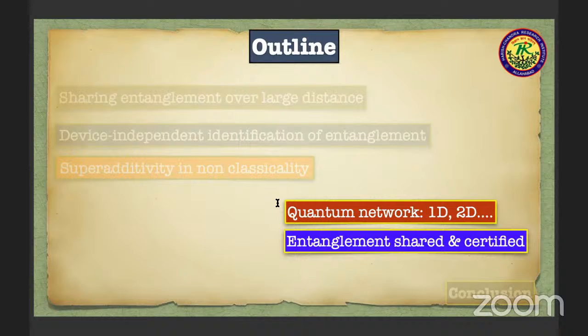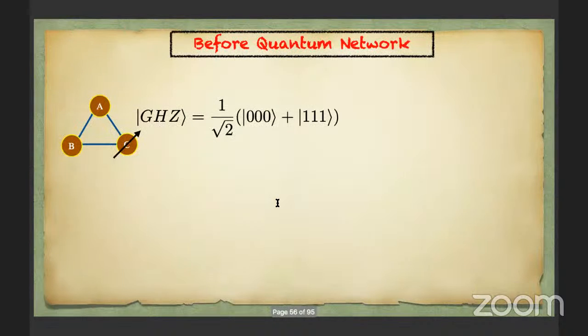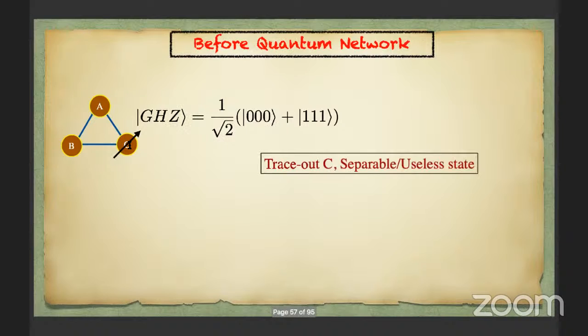So now I will talk about quantum network in 1D, 2D. Before I go to the quantum network, just to tell you some observations. Suppose I have a GHZ state in the tripartite scenario. If you trace out the party C, the resulting two-party state is separable because it's an equal mixture of 00 and 11. So it's actually useless. It is not only unentangled, but discord and any other quantum